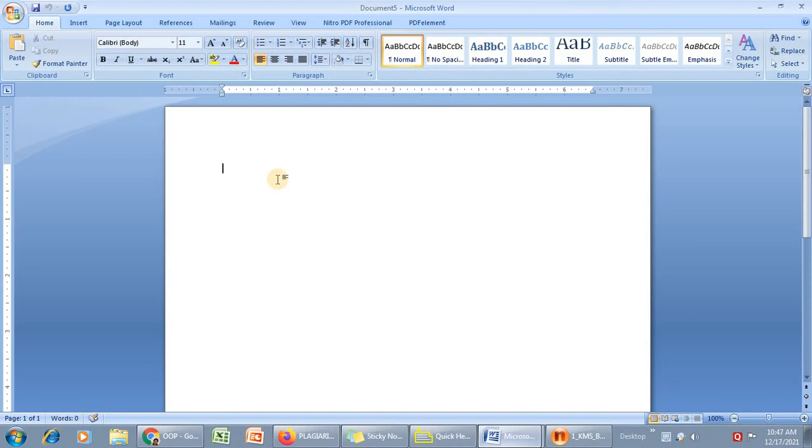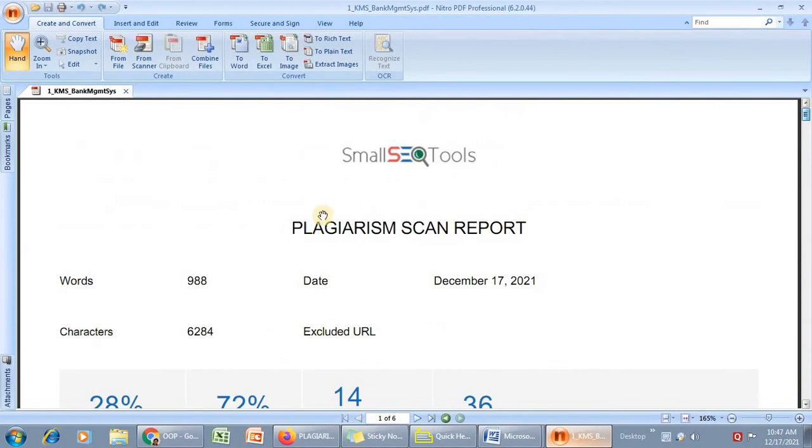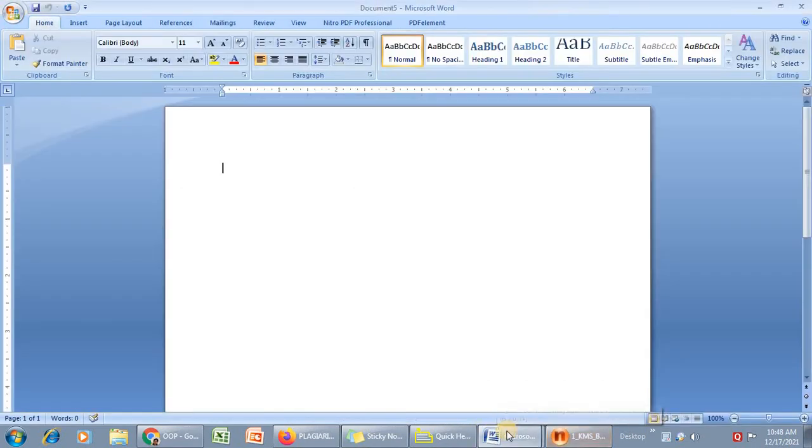Now see your first chapter, the first chapter in your KMS bank chapter is given 72% uniqueness. So you can write it over here, how much uniqueness is there in your file: 72% uniqueness in your first chapter.